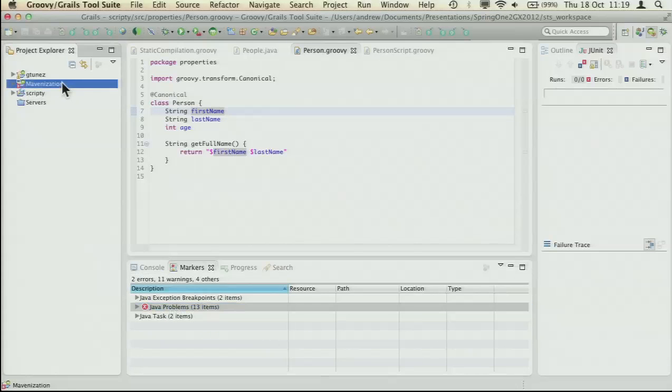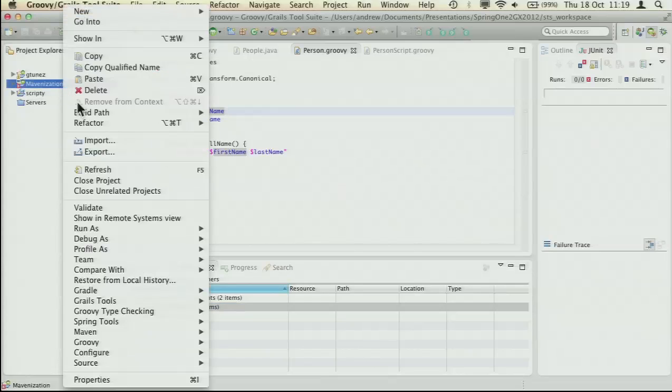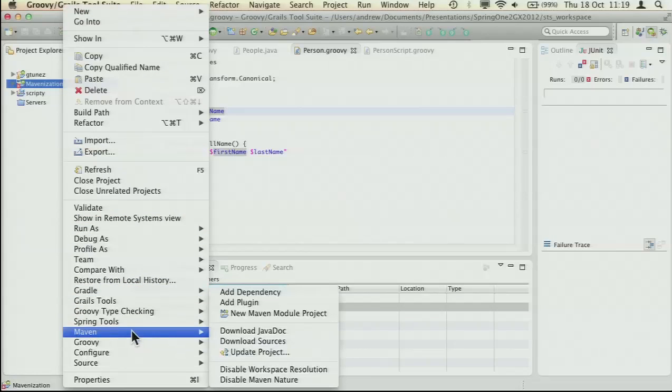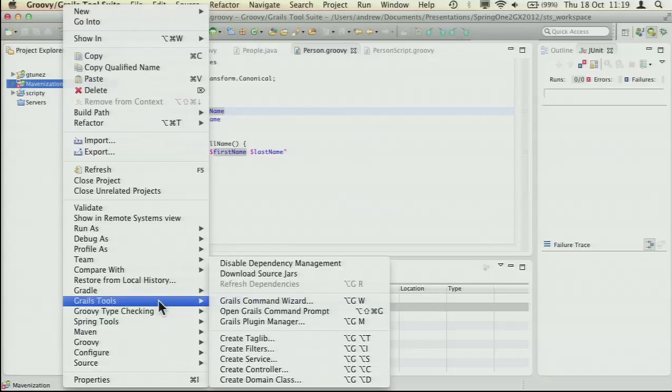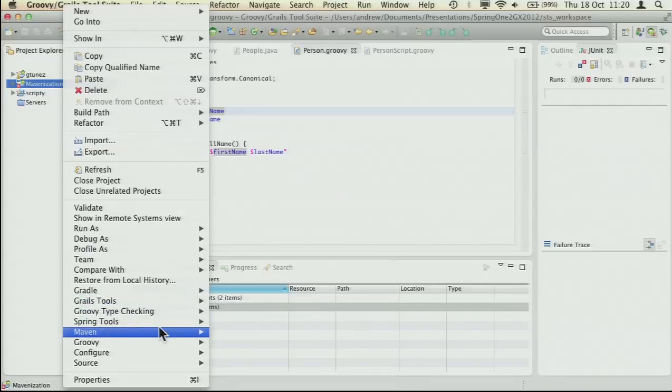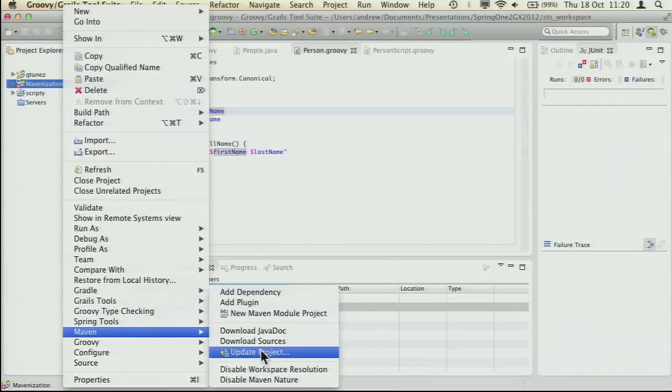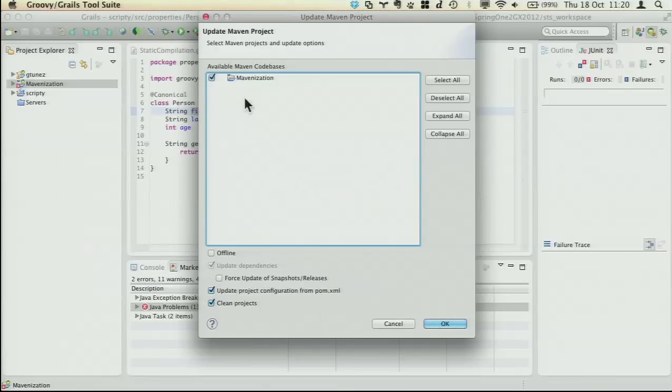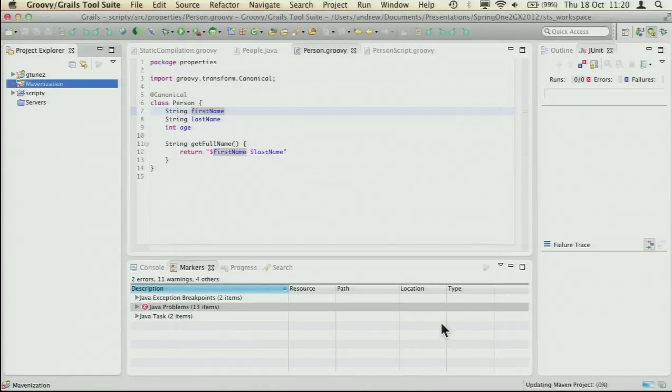Right, okay. So sometimes, as you can see over here, all we need to do is... this is now a Maven project, so you need to work with some Maven features. Instead of running Grails refresh dependencies, you can see that is now disabled. Maven is the thing that is trying to control the class path. So we want to update the project,